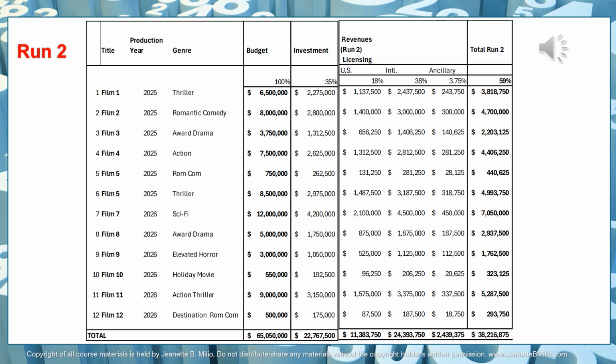So a romantic comedy of $8 million generates $4.7 million for the second run, and our award-winning drama is generating $2,203,125. Our action movie of $7.5 million generates $4,406,250 from the second run. The rom-com that we made for $750,000 generates $440,625. The action thriller film 5, or film 6 actually, is generating